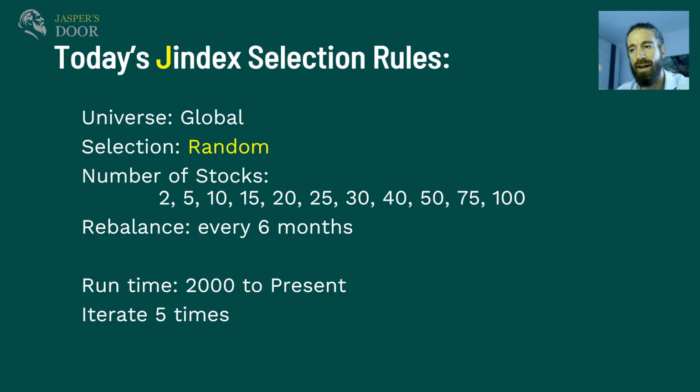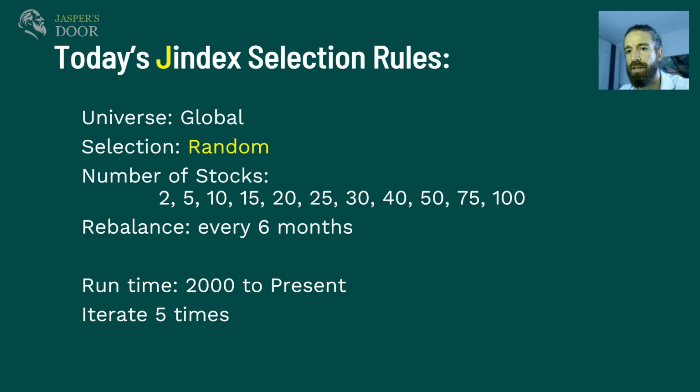So every time we run this simulation, we're going to use real data, real stocks that have been existing and trading in the last 25 years. And every time we're going to add to our portfolio and make it bigger and bigger and see what is the difference in volatility and behavior over that range of stocks: 2, 5, 10, 15, 20, 25, and all the way to 100. We're going to rebalance every 6 months. And as I said, 2002 to present day is the